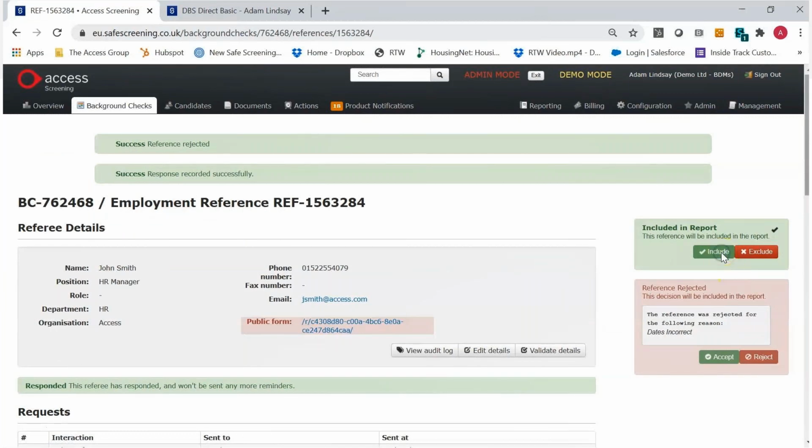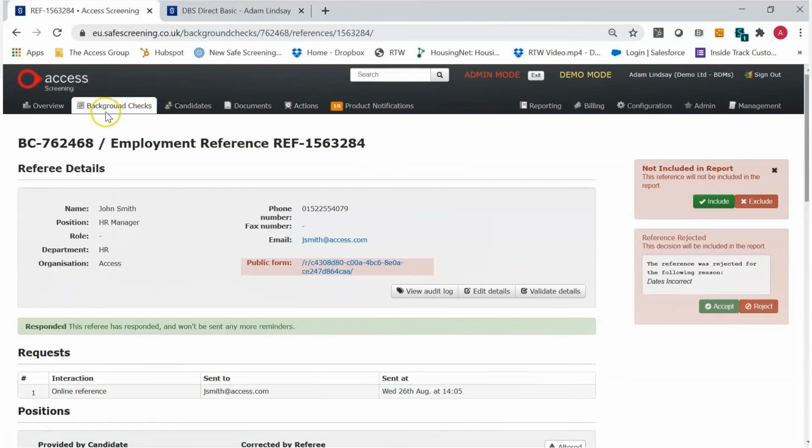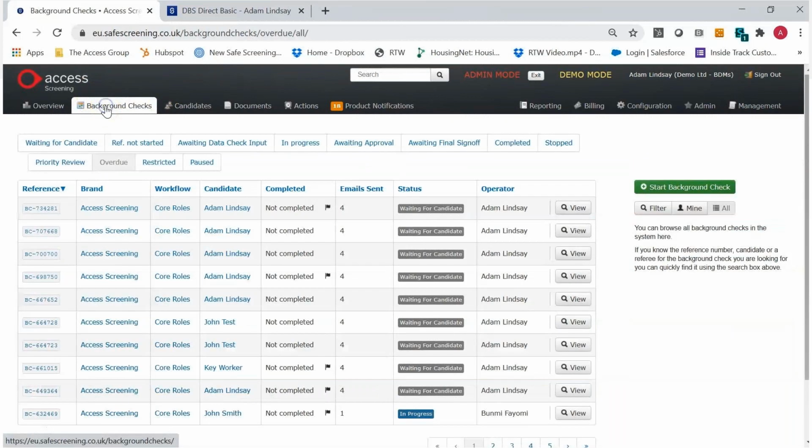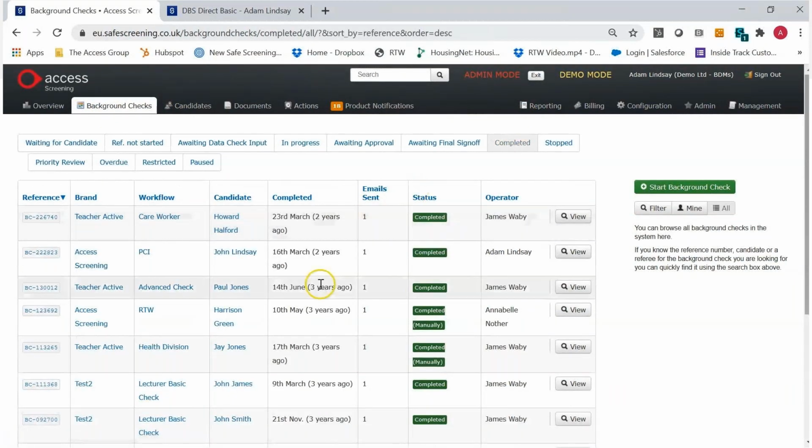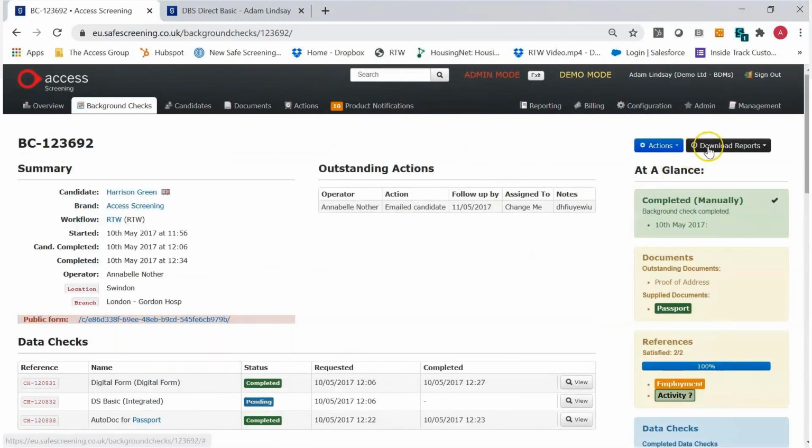So you can see here, including in reports, dead simple and straightforward, accepting, rejecting with a reason there as well. And then you're left with a nice, neat file. So the final stage will be to then generate a report to give to your clients or to store against your own internal candidates. So you touch a button, you click download report,